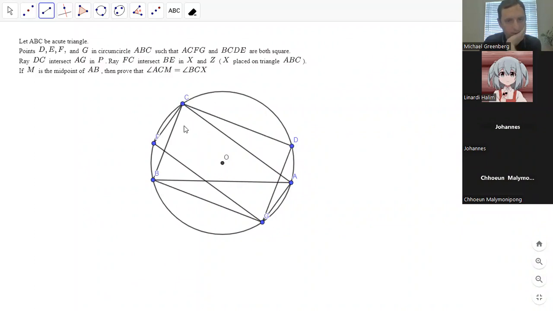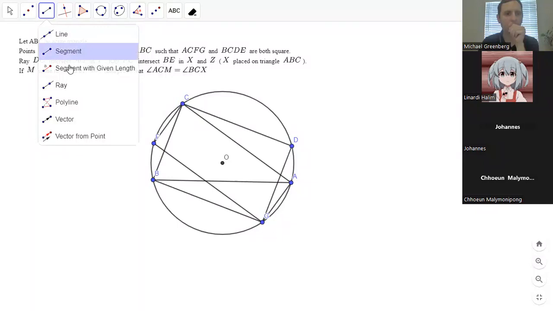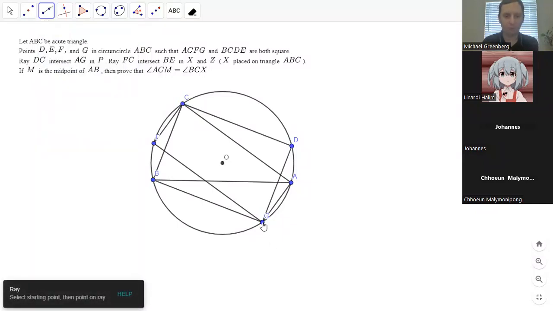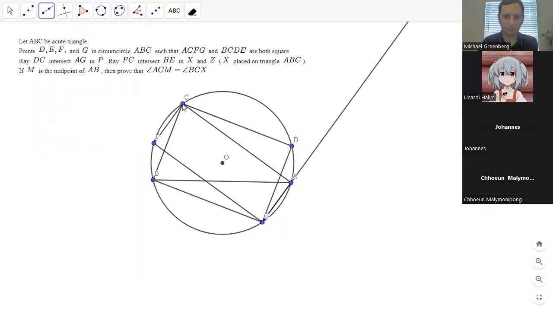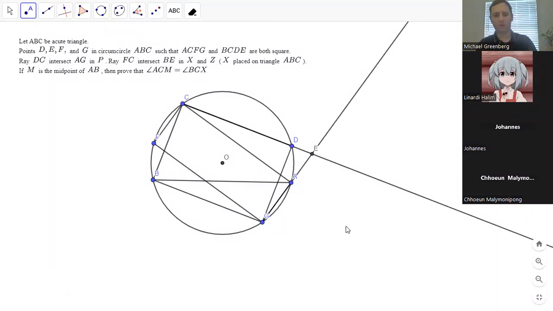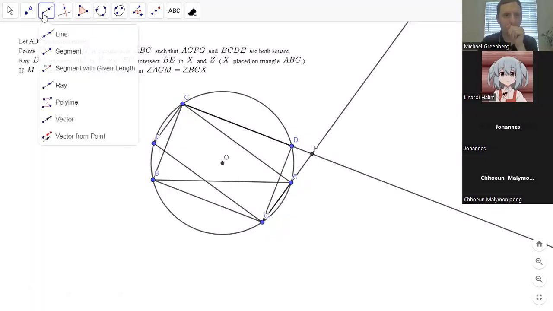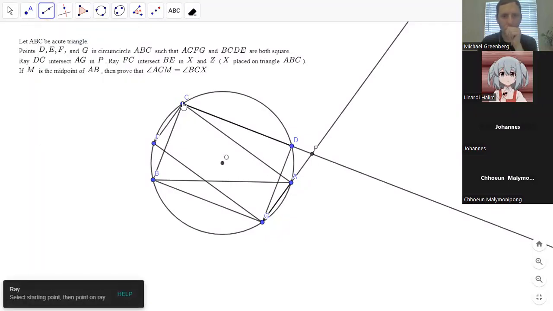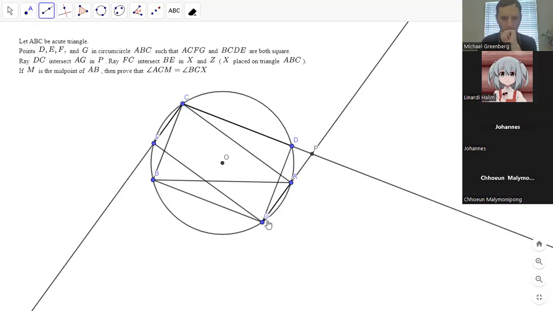So BC intersects AG. So I think G and E might be the same point. So DC intersects AG at P. And okay. And FC intersects B. We're saying E and G are the same points. So those intersect at